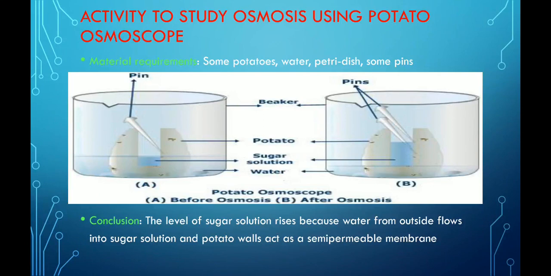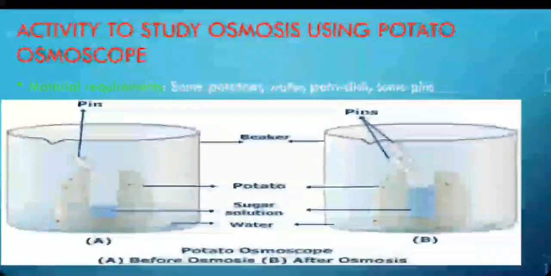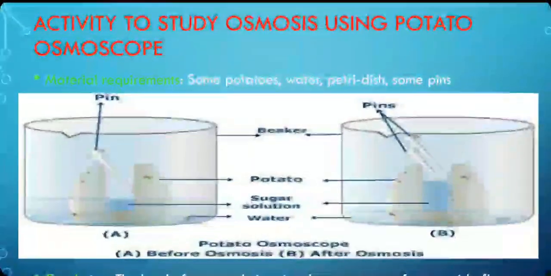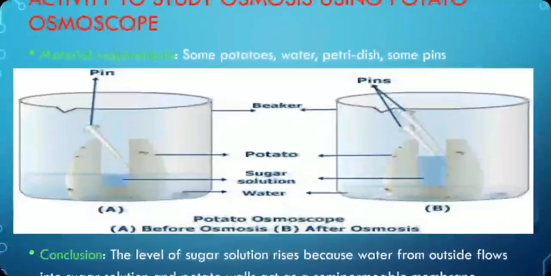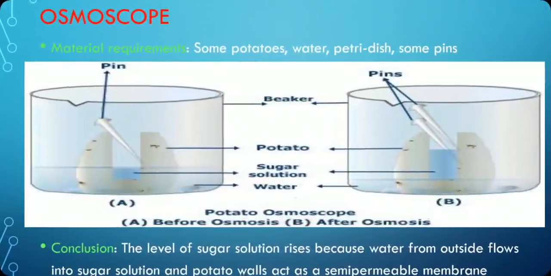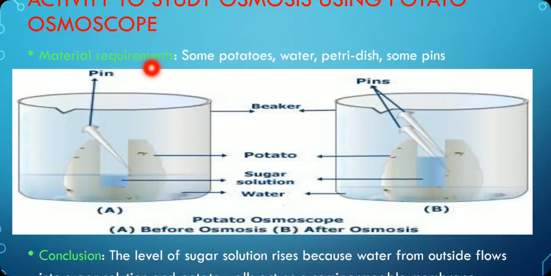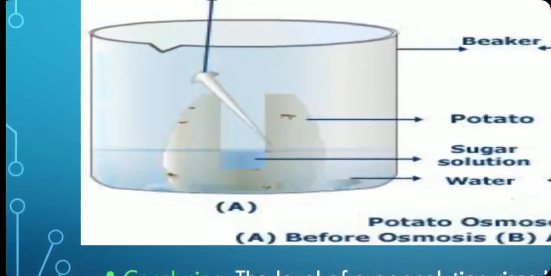Now again, activity. I always like it. So yes, activity to study osmosis using a potato osmoscope. Okay, you can make this at your home also. What you have to do, first of all, the materials required are some potatoes, water, petri dish, some pins. Okay, so for this experiment, what you have to do, you have to take